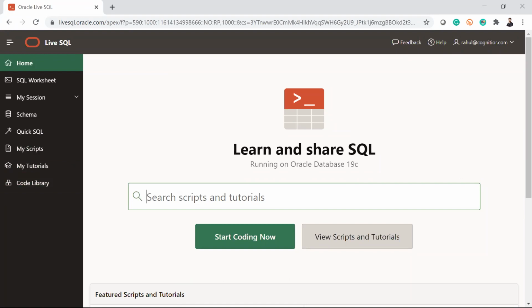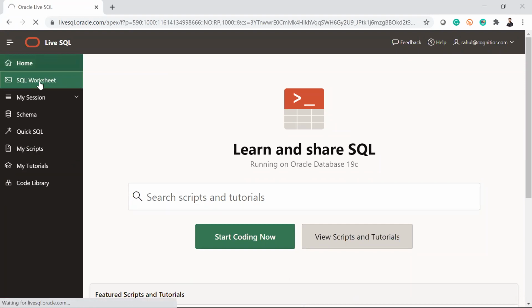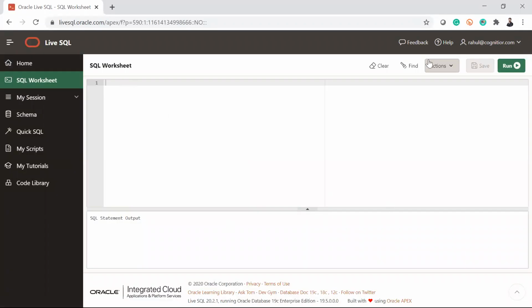Now I'll go to SQL worksheet first of all. You can see that a page is coming in here where we will actually do the coding, where we'll do all the table creations, joins, everything here.